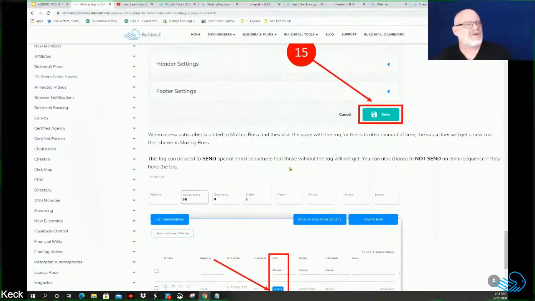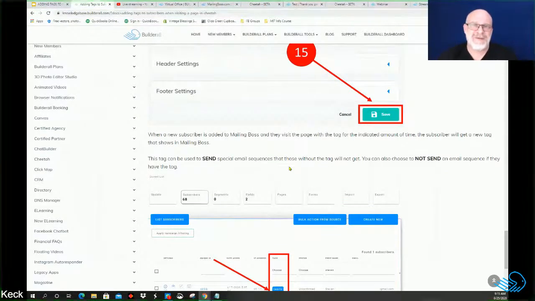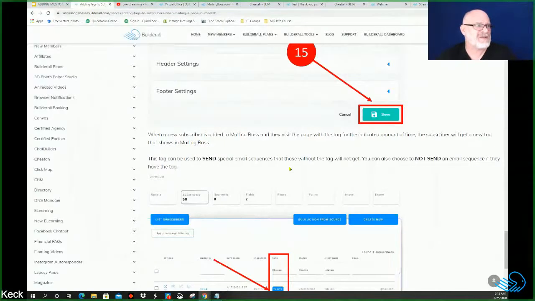And there are some great notes here. It says when a new subscriber is added to Mailing Boss, and that's very important, they've got to be added to Mailing Boss as a new subscriber to make this work. When they're added and they visit a page with a tag for the indicated amount of time, in our case it was 0, the subscriber will get a new tag that shows in Mailing Boss. Now this tag can be used to send a special email sequence to those with the tag. Those without the tag won't get it,